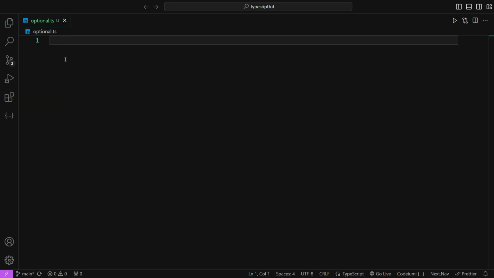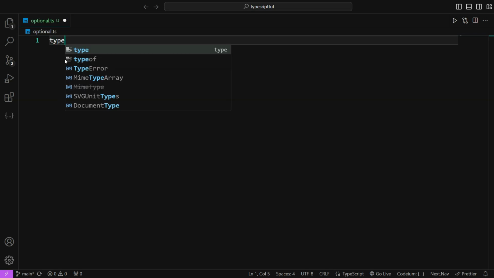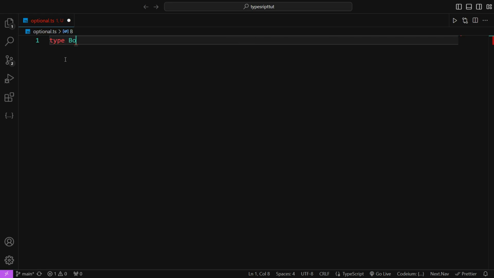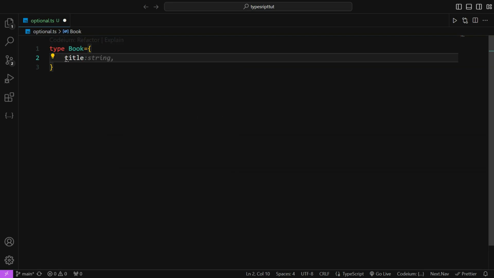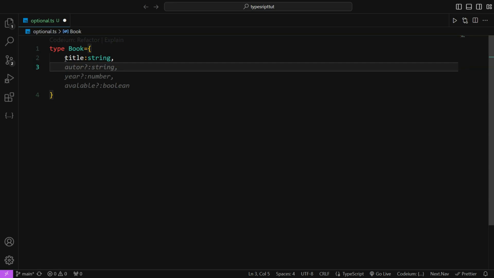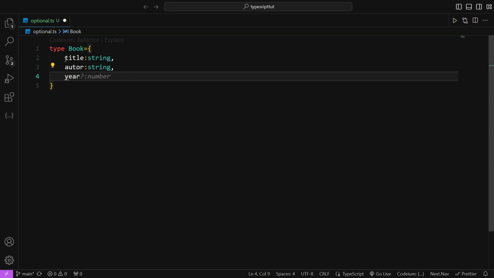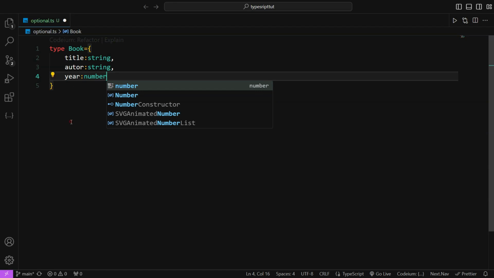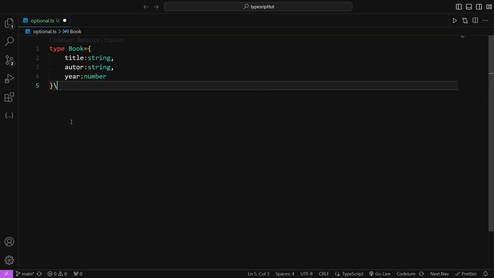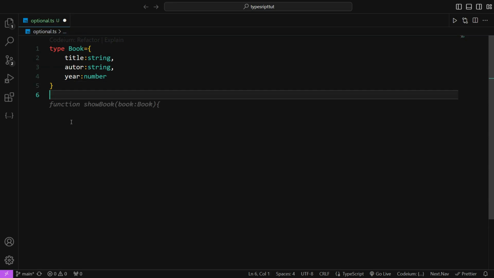Okay, so first let me create a type of object for a book. The book will have a title of type string. The book also has an author of type string, and the book will have a year of type number. Okay, so this is how we create the type. I explained the type in a previous tutorial. Okay, so now